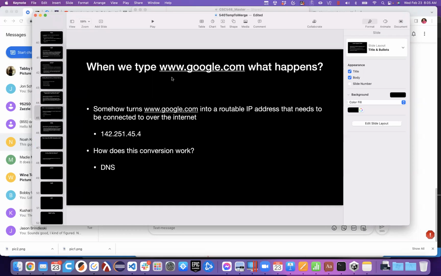There's a mapping that exists on the internet between domain names, something as easy for human beings to remember as google.com, and actual IP addresses, the things that uniquely identify a computer on the internet or on any sort of network. If we're talking about routable IPs, we're talking about uniquely identifying it on the internet. So at the end of the day, using TCP/IP,